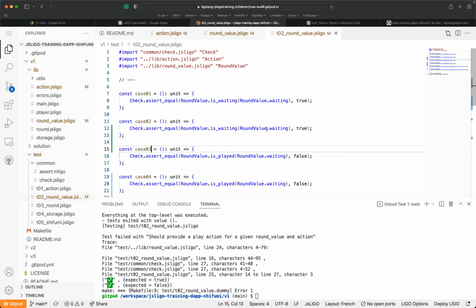So here, no, I cannot, because I'm not able to create the played, sorry. Okay, so I don't do it. I just remove these cases, they are useless. Sorry, my bad. Okay, and here you have to remove this one also, I guess.